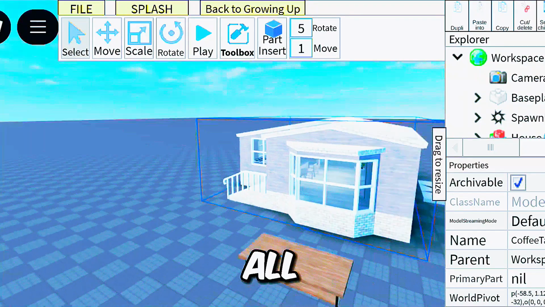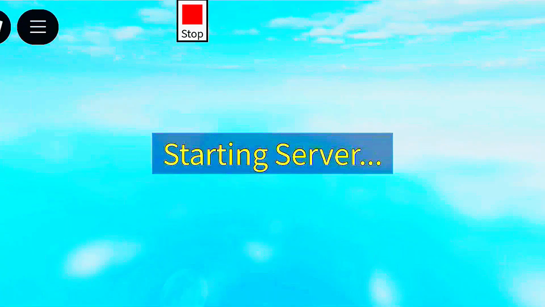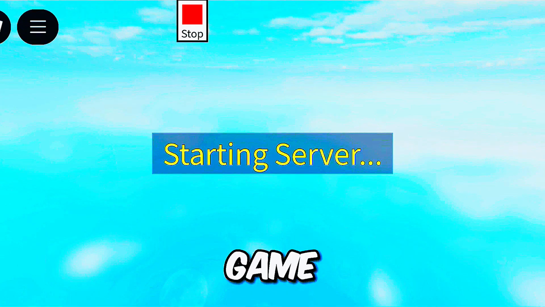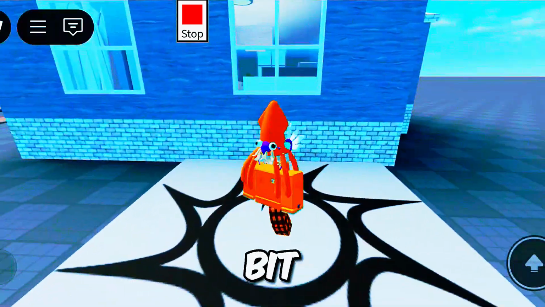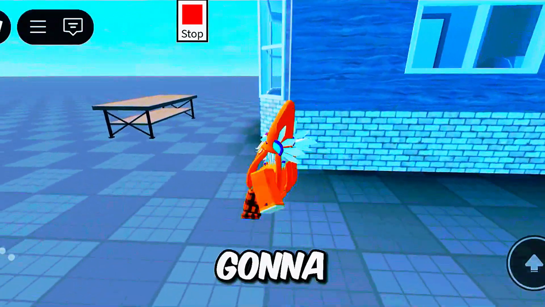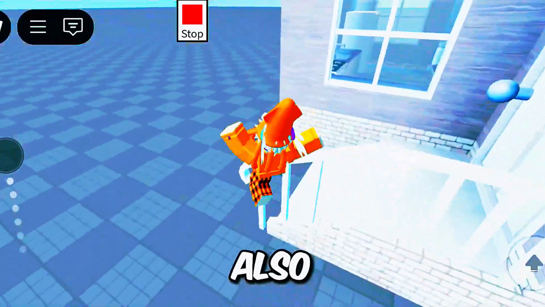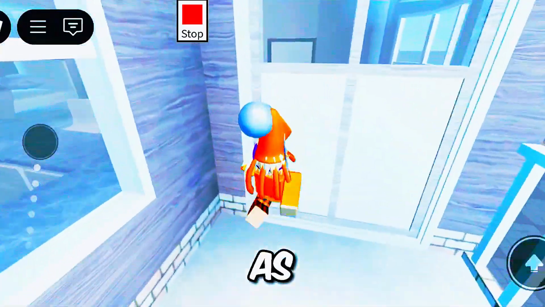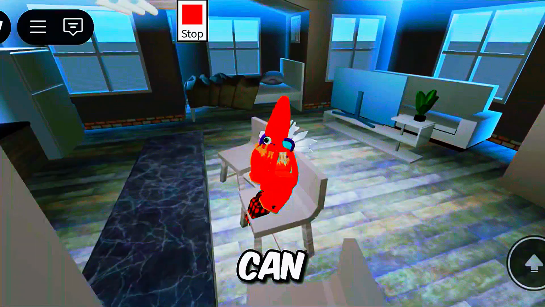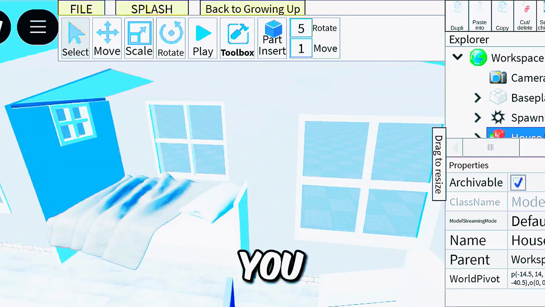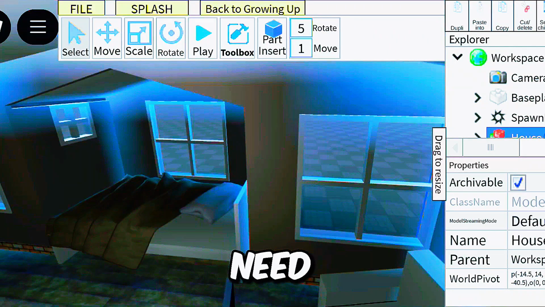And you could do all of these things, and we can also click play, and we can also test our game. It's going to take a little bit, but yeah, this is how our game is going to look once we publish it. And this is the desk, it's a perfect size, and we can also enter this house as well. Let me see if I can enter. Yes, I can. Click on stop,